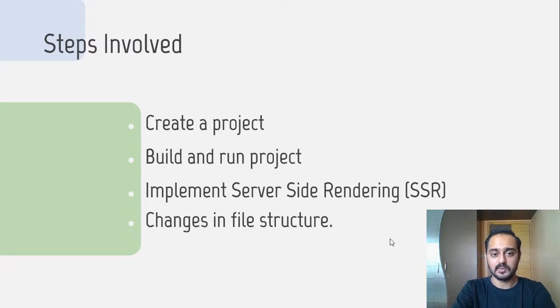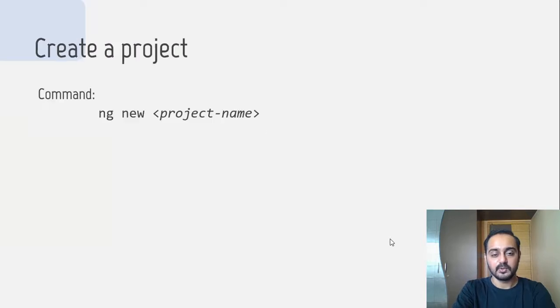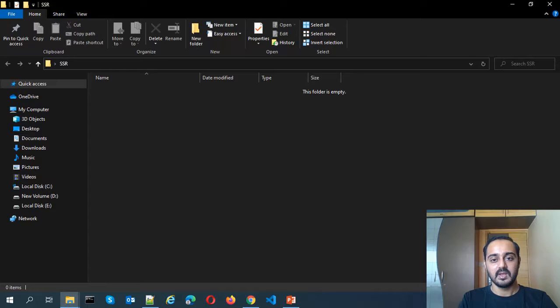So let's start with the first step, which is to create a project. For creating a project, we will use ng new command. Now let's move to appropriate directory where we want to create our project. I am using Windows operating system, so I will use command prompt and create a new project using Angular CLI.